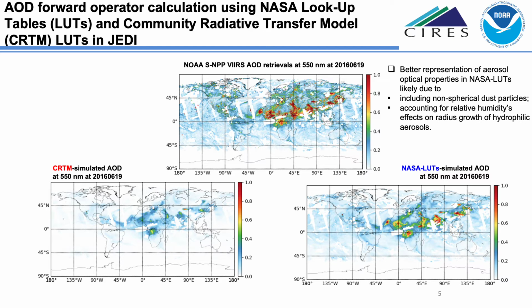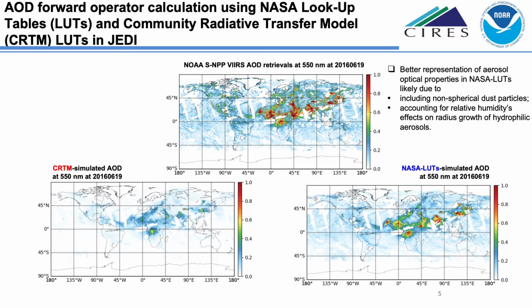The top figure shows an example of the observed AOD retrievals, and the bottom two figures show the simulated AOD from the CRTM lookup table on the left and the NASA lookup table on the right. So you can see that in general, the NASA lookup table shows a much better AOD estimate compared to the CRTM